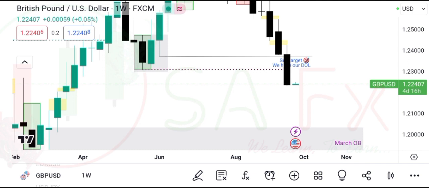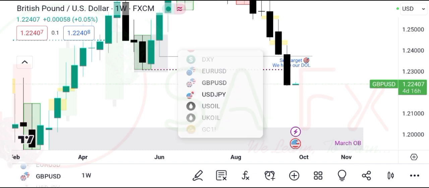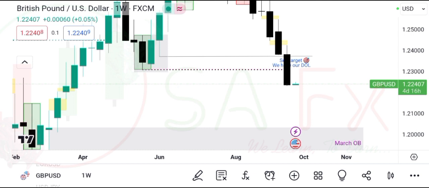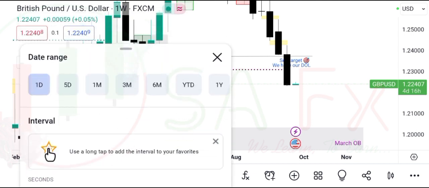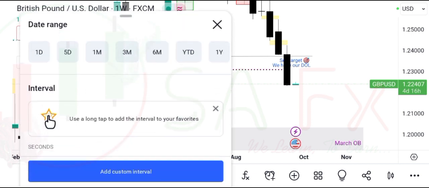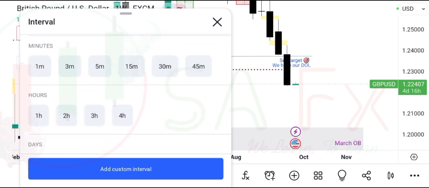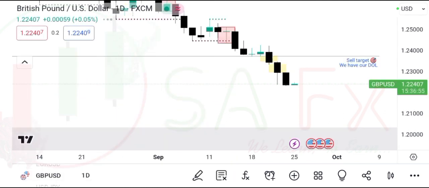Now let's go down. We already have our bias on the long time, the higher time frame, which is the daily and the weekly, obviously. But I want us to look at something. I'm not expecting you to sell just immediately. I'm expecting you to understand that, yeah, we trade